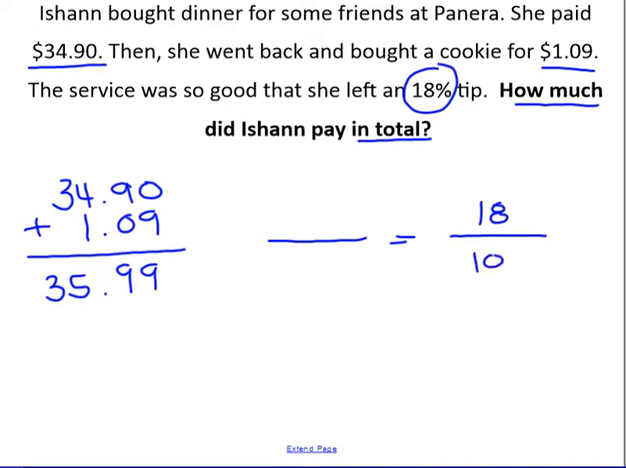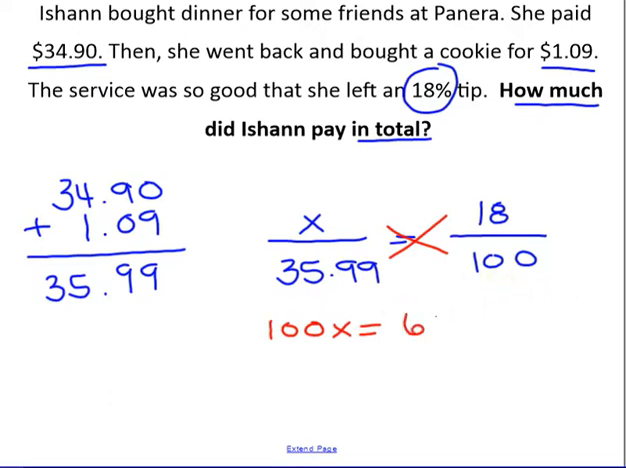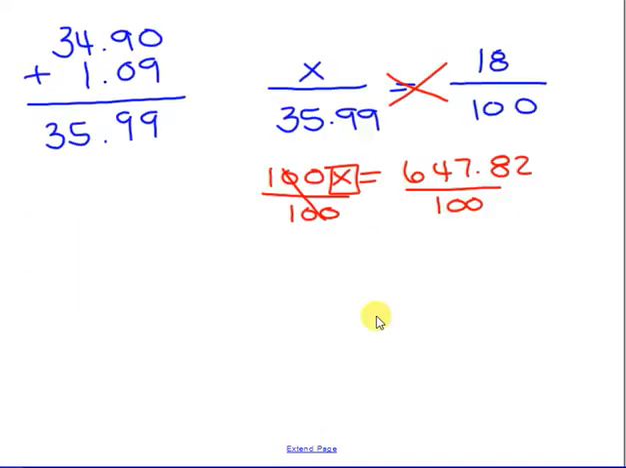18%, always over 100. The bill was $35.99 and the X is going to go up here. I'm going to cross multiply. 100 times X is 100X. 35.99 times 18 is going to be 647.82. Box the variable, divide both sides by 100. This is going to cancel. X equals